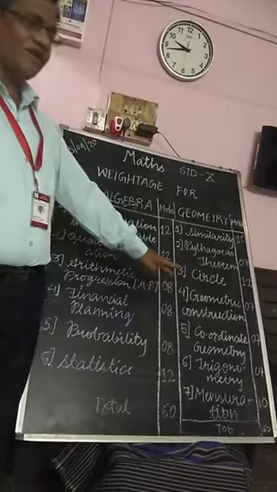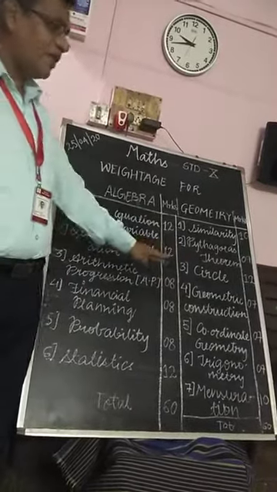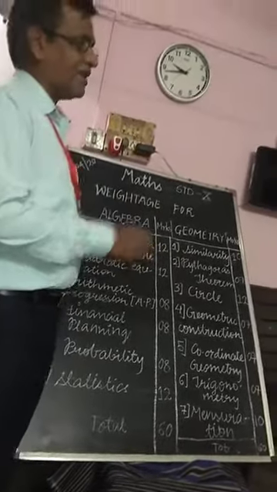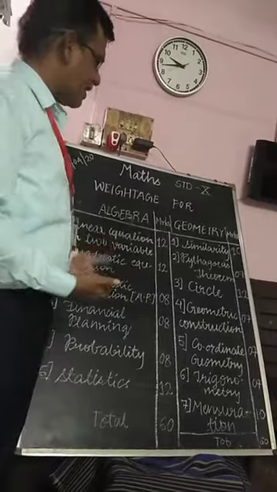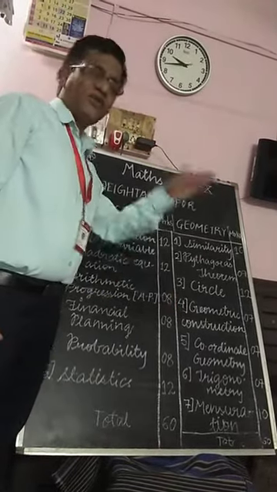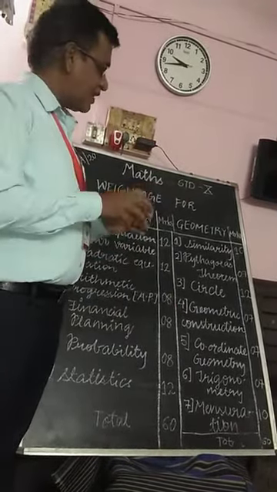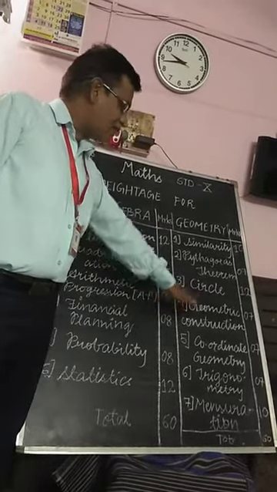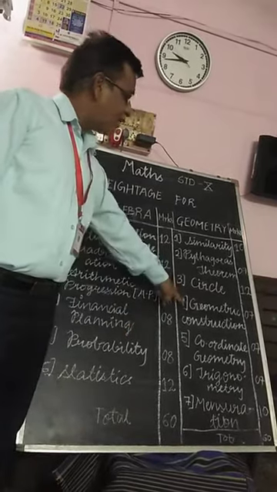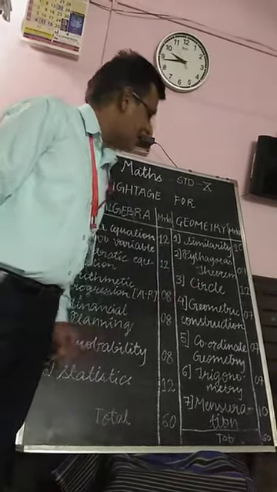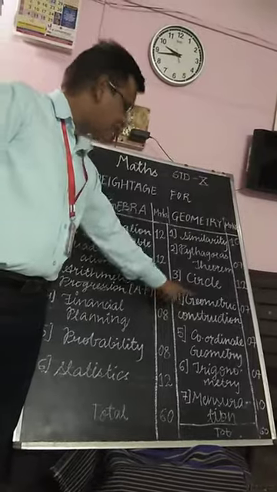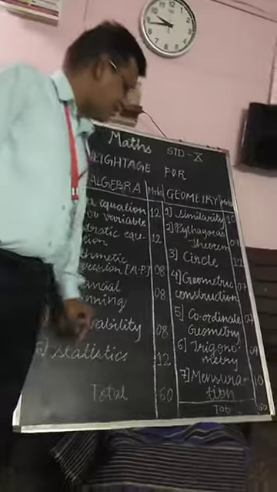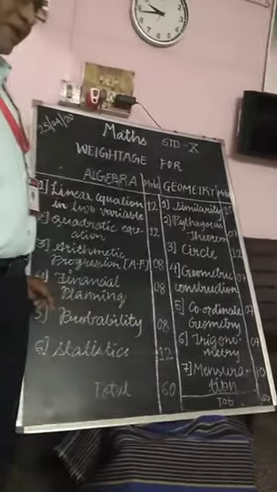There are 2 types of similar triangles you have to draw. One is where 2 different triangles are given and you have to construct them by using the theorem of similarity. And the second is where the 2 triangles have one common vertex, and you have to draw that triangle by using similarity. This chapter also carries 7 marks and it is a very easy, mark scoring chapter. So now you come to the 5th chapter, that is coordinate geometry.